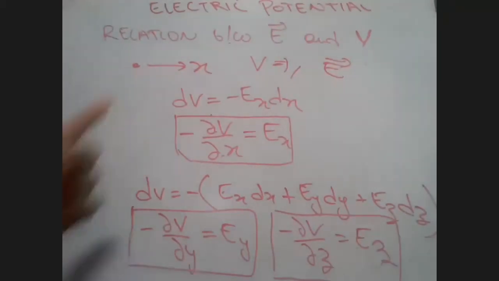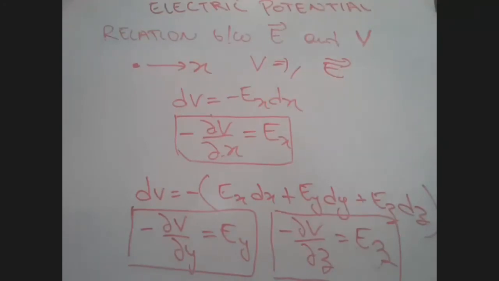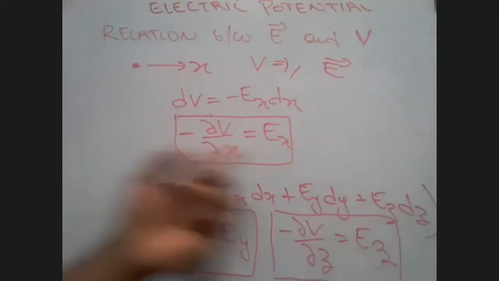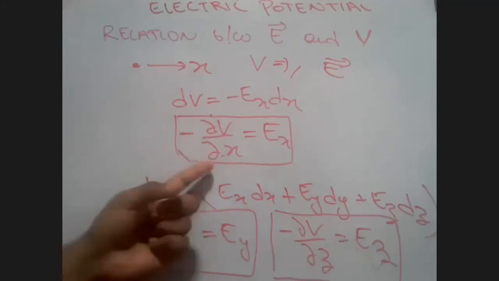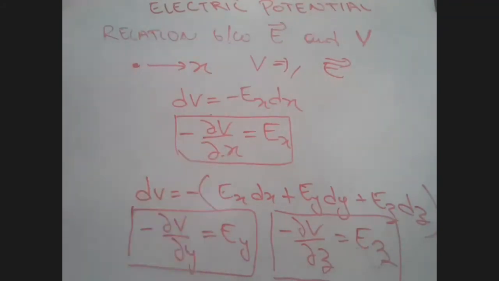Also, one more thing, these three formulas, if you know them, you'll be able to find out, if I give you a potential in variables of x and y, you can simply differentiate it and you can get electric field intensity. The best thing about it is that del v by del x simply means that you're treating y and z as constants. So if you differentiate y with respect to x, you're going to get 0. That's all I have to say. We'll start with some numericals so that you'll understand this better.